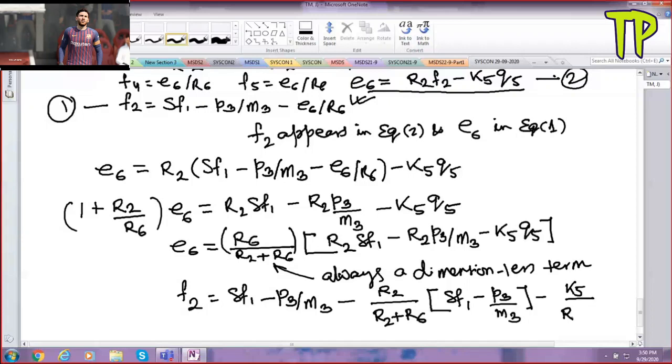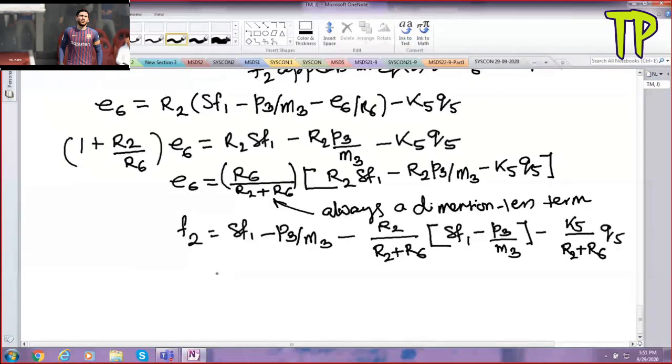So this P3 again will come here. P3 we can add up here together. So we have 1 minus R2 by R2 plus R6